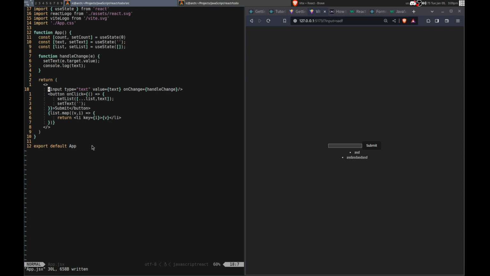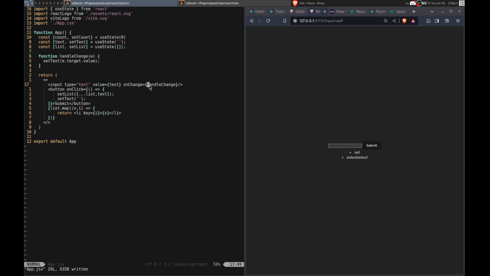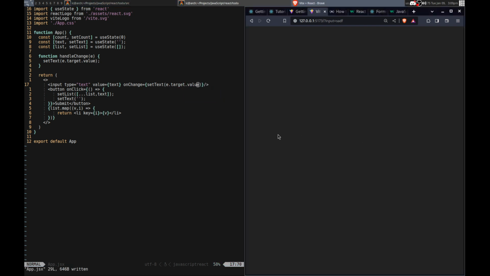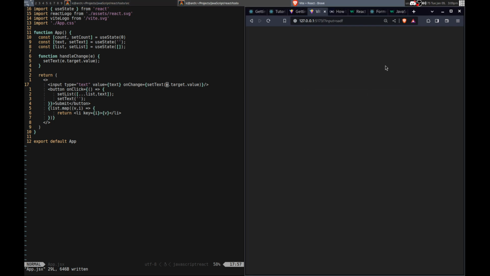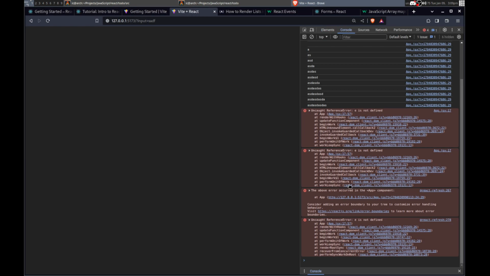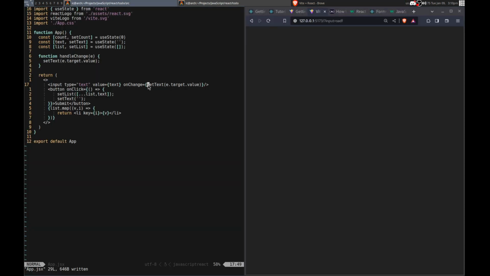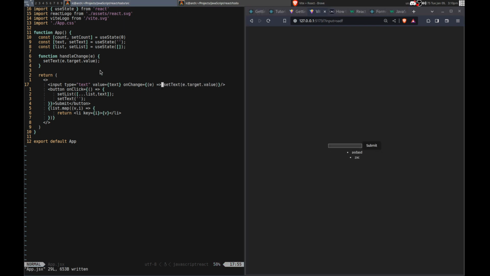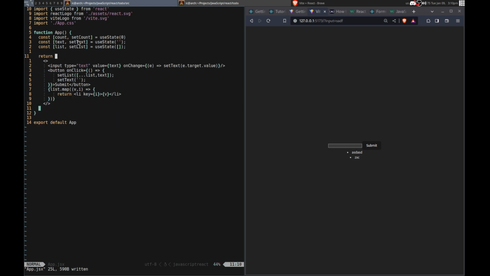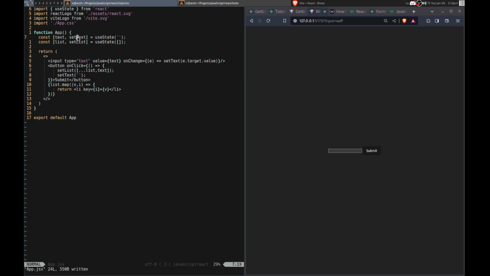Okay, so yeah, I can get rid of the console.log. This probably doesn't even need to be that. It can just be the same thing. That should still work, right? No, maybe not. All right, how do I get that to work? E is not defined. Oh yeah, so I need to make it like that. There we go. Yes. Okay. And I don't need this. I don't need the count. Alright.